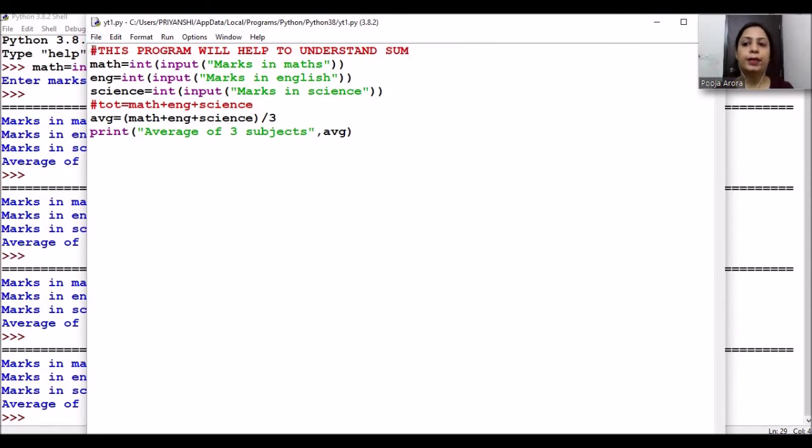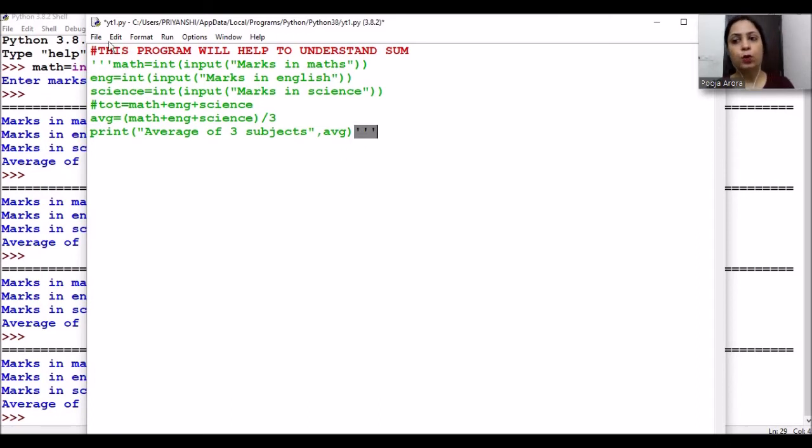Now let's say I want to write a new program for which I want to make all these lines a comment, because when I want to write a new program, I just want these lines to be treated as comments and ignored. So I can put these 3 quotes, and wherever I want to end my comments, I just put 3 quotes here. Now you can see all these lines are in green. That means these all have become comments. So this is how I can enter multi-line comments. That means 3 apostrophe signs here and 3 here. That means it's a comment for multiple lines, right?